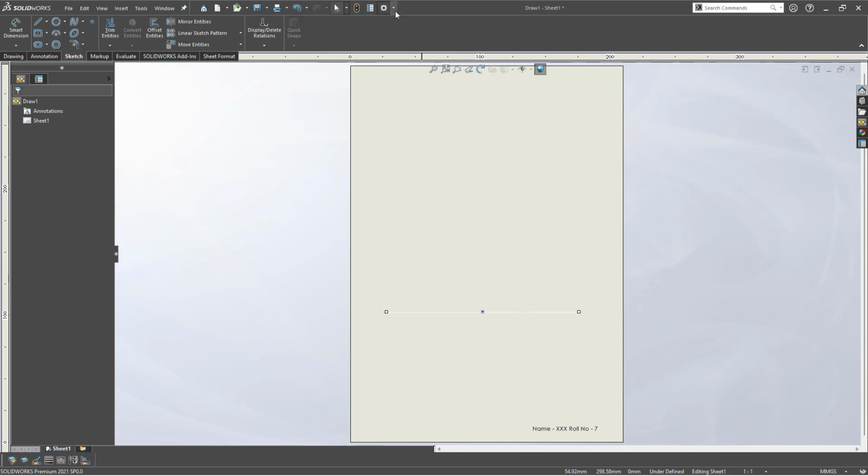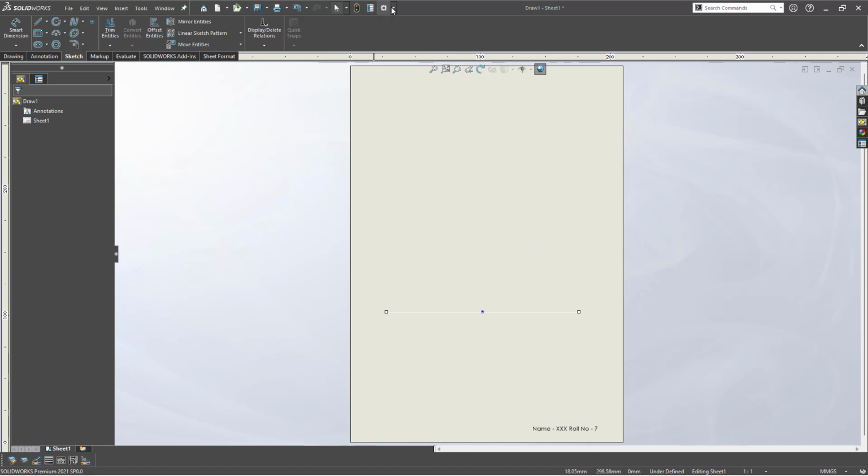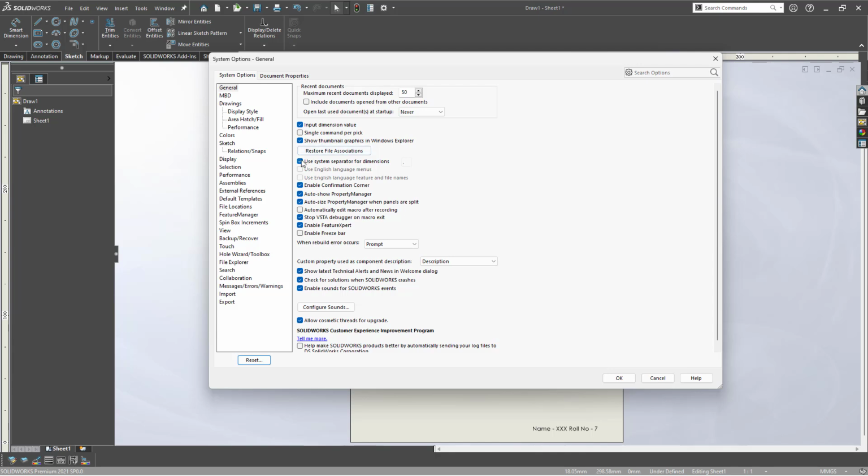Now one more important thing: you could see that when I use the line, the dimension, the smart dimension, is active for me. How do we activate it? If you're using it for the first time, it might not show the same, so you can just go to this option, options, and here in the general,